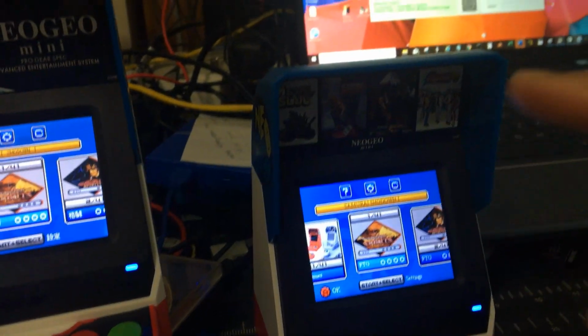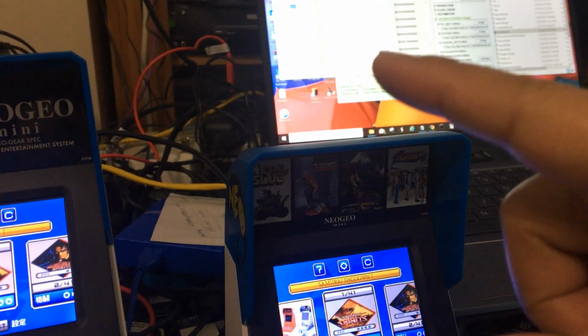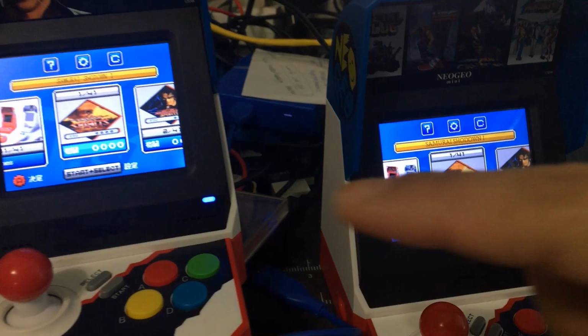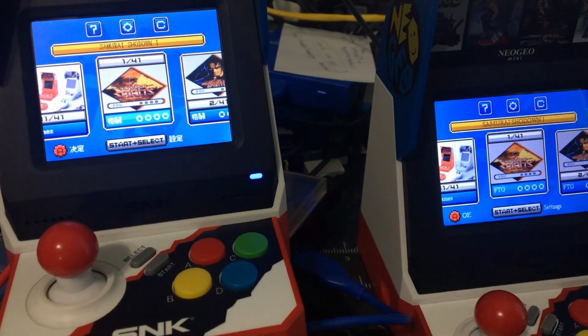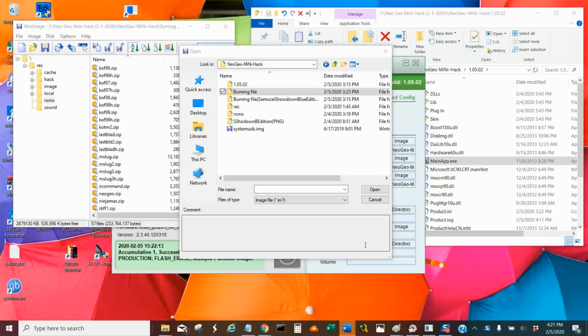Once I fix the image up there, and once I fix it, then we do this again. All right, let's go to the computer and do this. To fix this problem, my Neo Geo, when I burn the image, the main game will not start, the 40 game. Okay, so what I'm going to do is I went and opened another one to see what's going on,